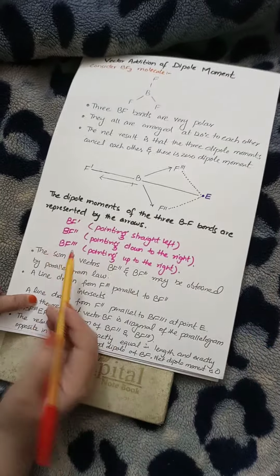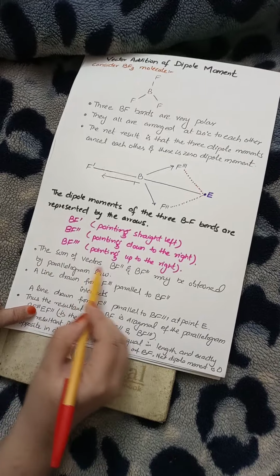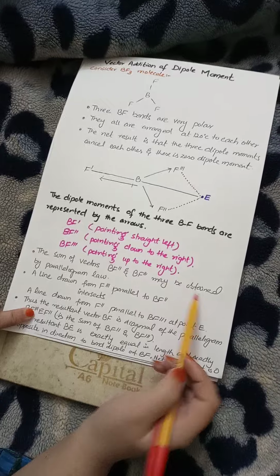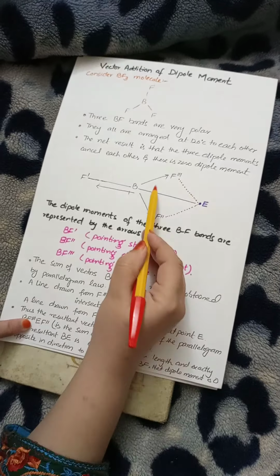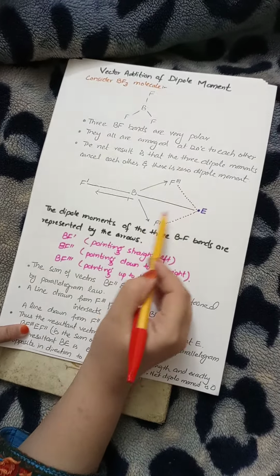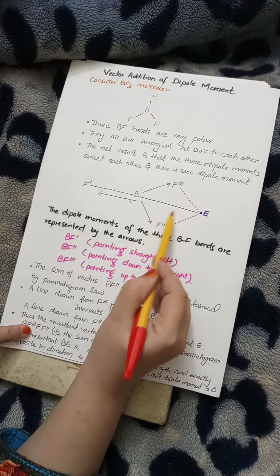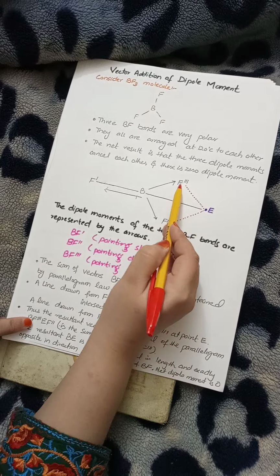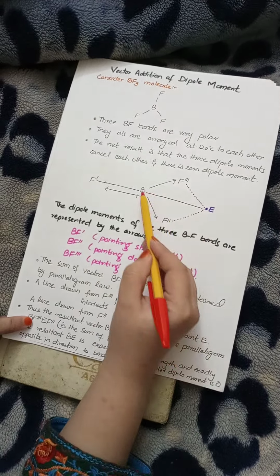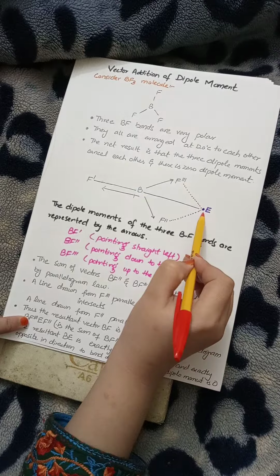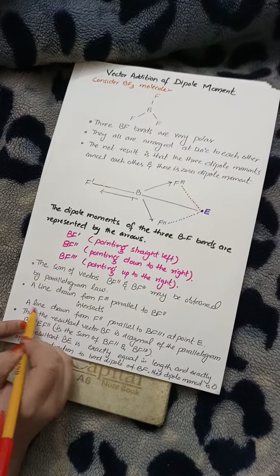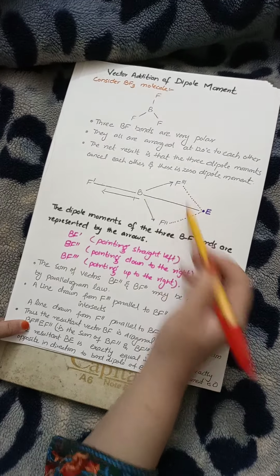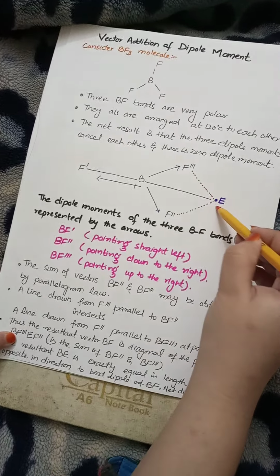So what we have is, the sum of vectors BF2 and BF3 may be obtained by the parallelogram law. You can see the diagram which we obtain, the shape which we obtain, that is a parallelogram. A line is drawn from F3 dash, and that is parallel to BF2 dash, and that intersects. Now what we did next, a line is drawn from F2 which is parallel to BF3 dash, and it intersects at a point E.